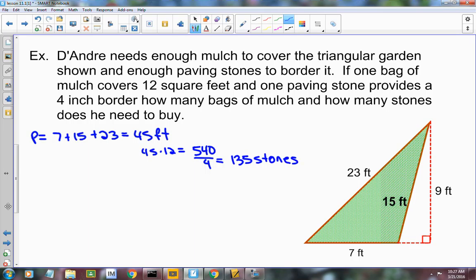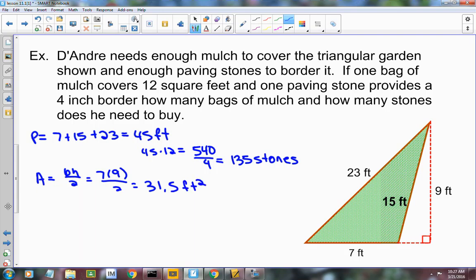So 135 stones. All right, so now we need to find the area so we know how much mulch we need, okay? That's base times height divided by 2. We know my base. What's my base? 7, and my height is 9, and then we're going to divide that by 2. So we end up with what? 63 divided by 2, which is 36, I thought it was 31.5. 31.5. So it's 31.5